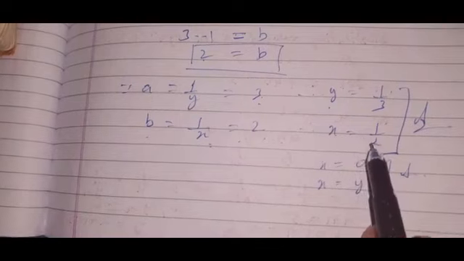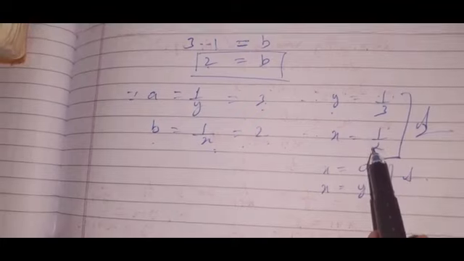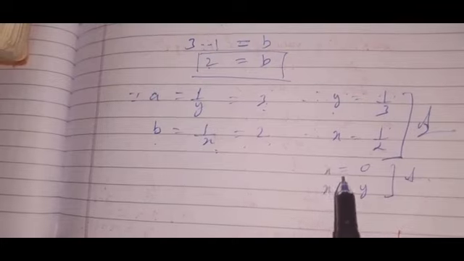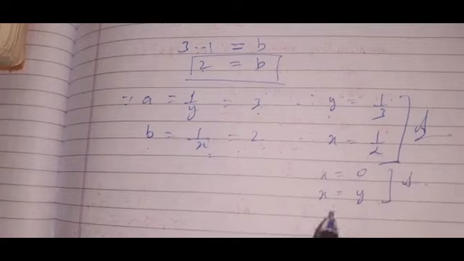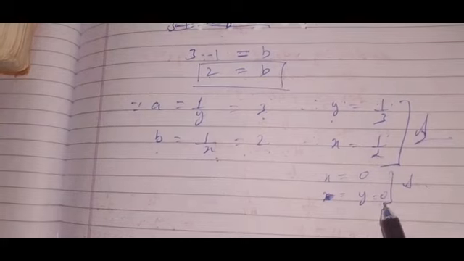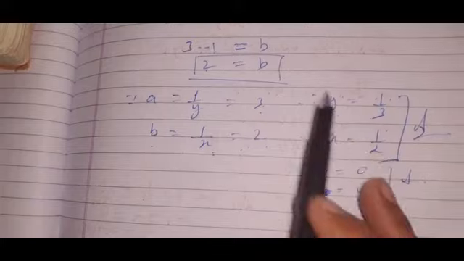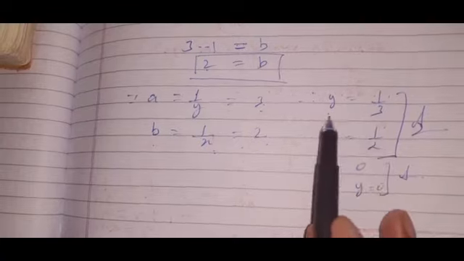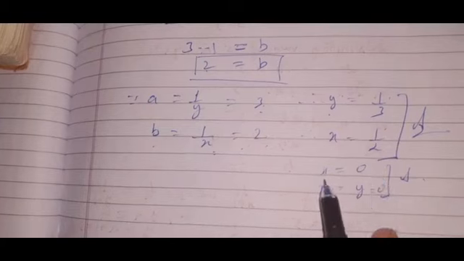Fine children, I have taught you this question with the help of 3 different methods, so it is your choice. Whatever you want, you may follow that method. But I have written here one more thing, that the solution of this equation is this one also. What? That is, if you put the value x is equal to 0 or y is equal to 0, that is also a solution of the given equation. This we got with the help of the solution, whatever method you have followed, and reached up to this, that x is equal to half and y is equal to 1 by 3. But that equation is valid for this solution also.